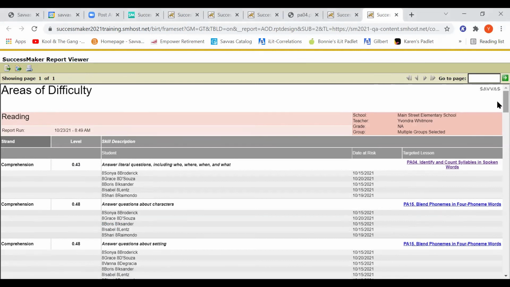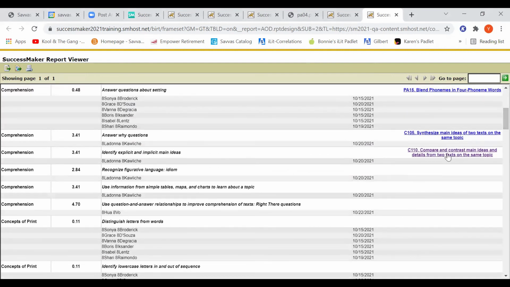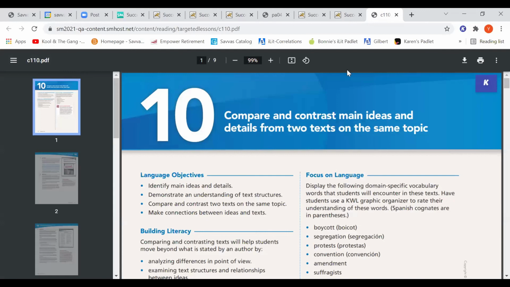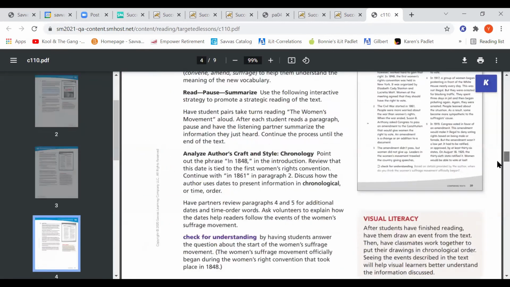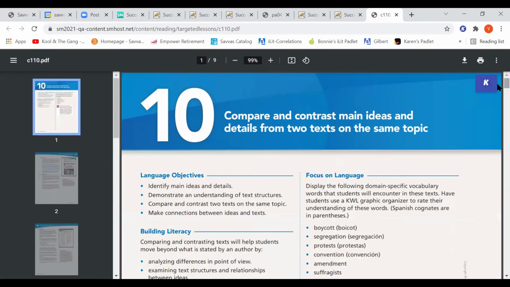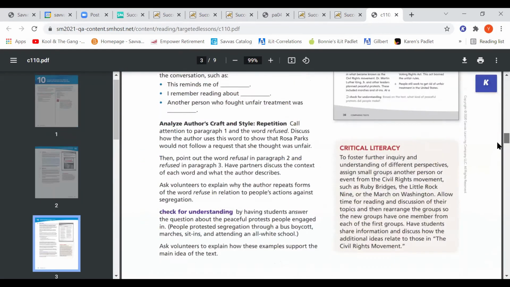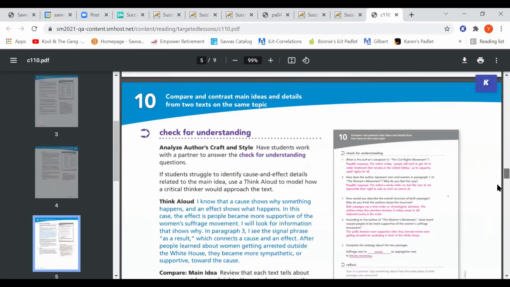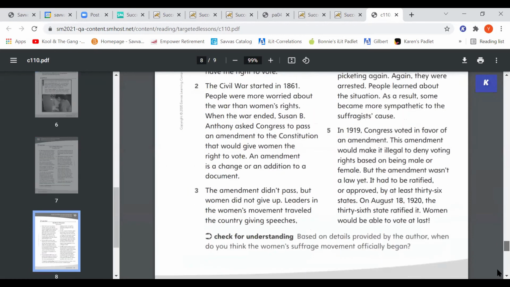Where it says target lessons, I'm able to click on the link, and it took me to the lesson. So here are my teacher notes, my teacher pages, and you can see this is more than one 20-minute or one 15-minute session. This is something that I can use for my small group for the week. And here are my student